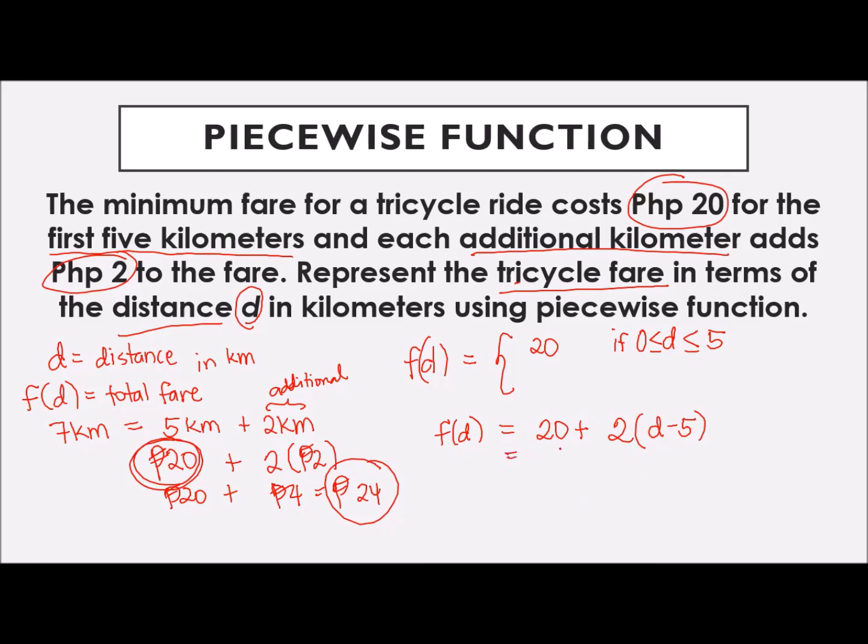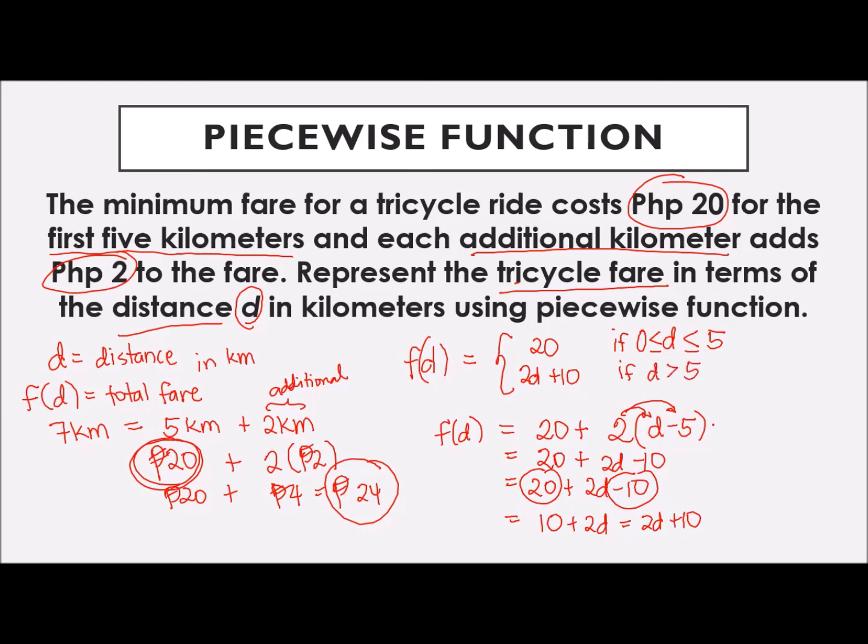Okay, so kung simplify natin yan, magiging 20 plus 2 times d, 2d, then 2 times negative 5 is negative 10. So magiging 20 plus 2d and negative 10, ang common dito ay 20 tsaka negative 10 or minus 10. So in short, 20 minus 10, the answer there is 10 plus 2d. Okay po. So in short, or pwede rin dyan, 2d plus 10. Para ayusin natin kasi constant tong 10 eh. So magiging 2d plus 10. If and only if ang distance na tinakbo natin dun sa tricycle ay greater than 5 kilometers, more than the